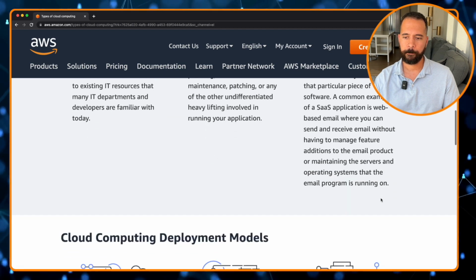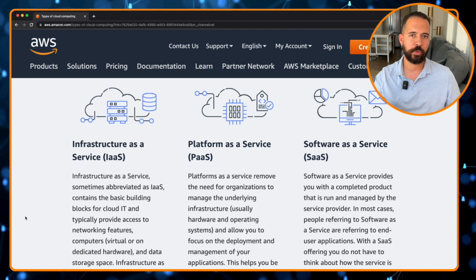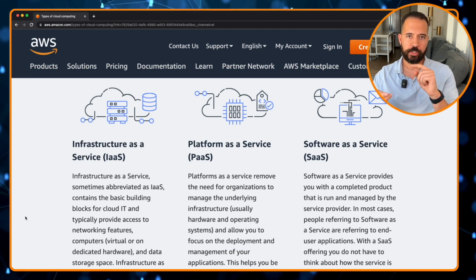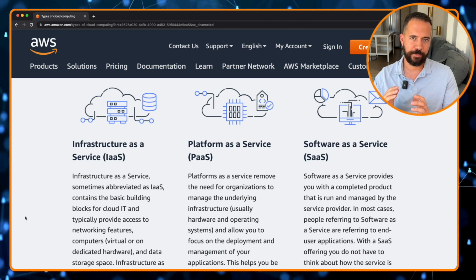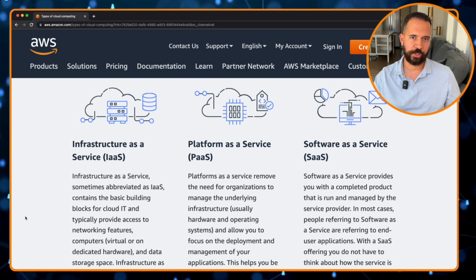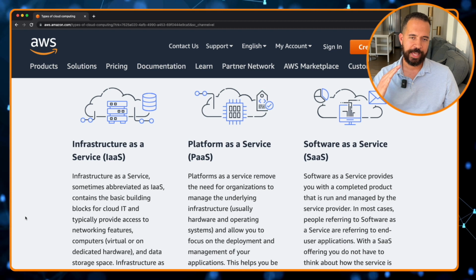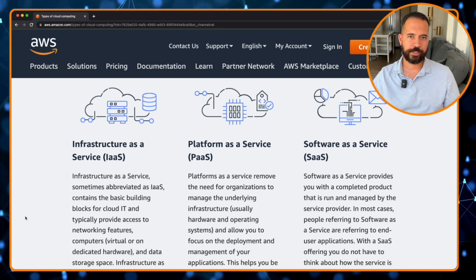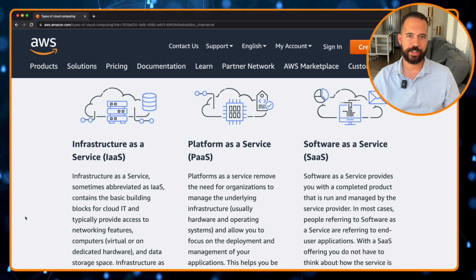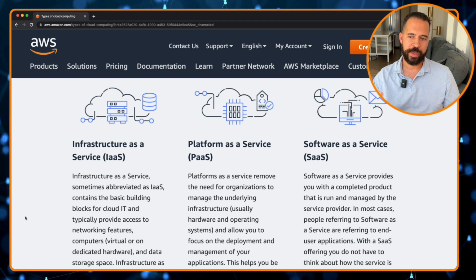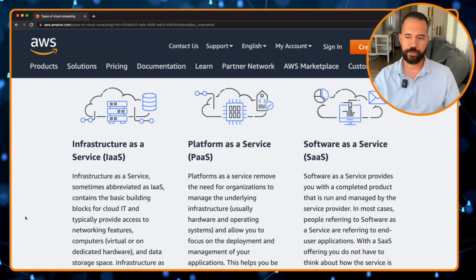So that's that. Just a quick recap here. Infrastructure as a service: the basic fundamental building blocks, your servers, your storage, your database, your network, and everything up from there you can build. Platform as a service removes the need for you to manage and patch the operating system, and everything up from there. Software as a service: both the hardware and the software that brings you that service is completely maintained by your provider, and now you're just consuming the service that you pay for.